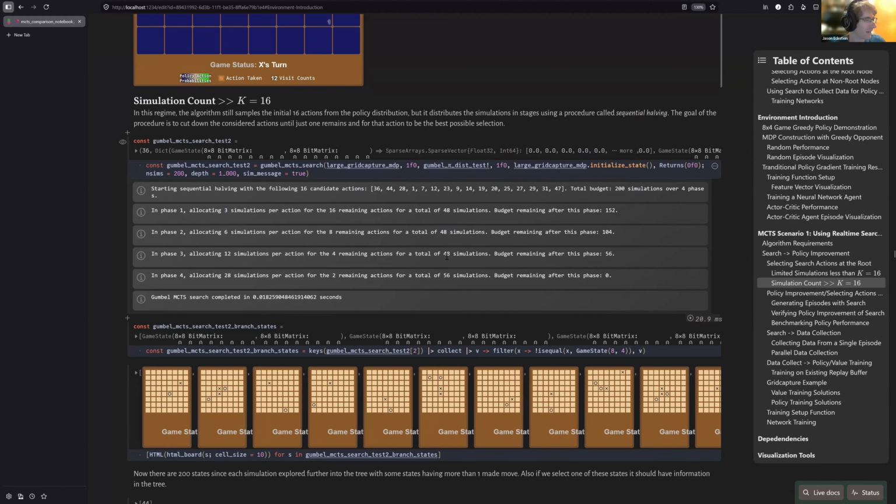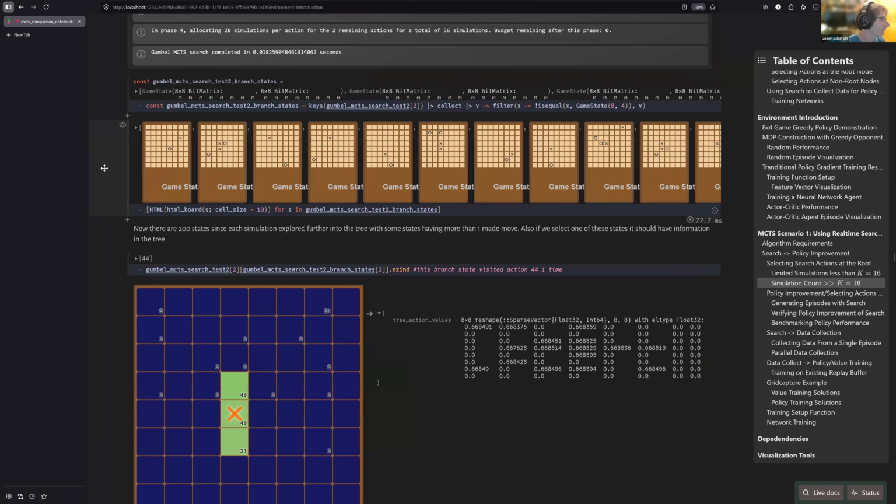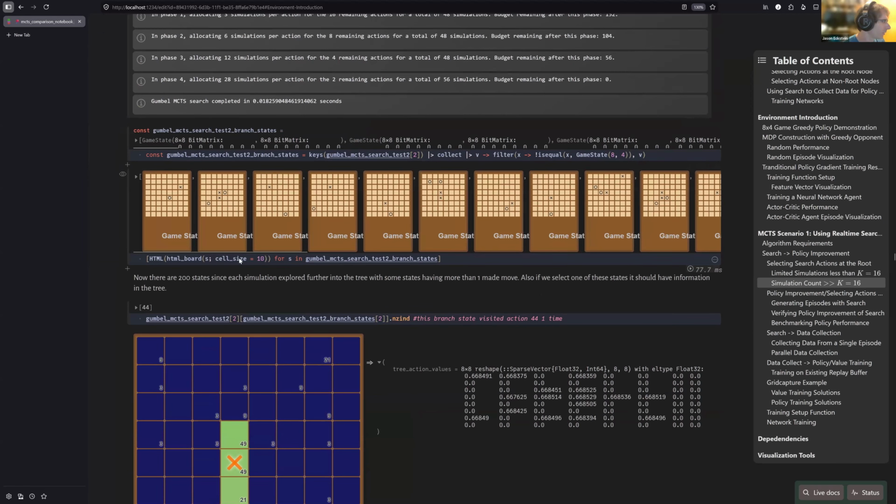So there's 48. And then if there's any rounding error, it ends up adding extra simulations to the final phase, because we think that at the end, these are the 2 best options. So it's better to explore those actions more deeply in the search tree. And at the end of this, we're left with 0 budget, and it's done. So we can see here now part of the search,